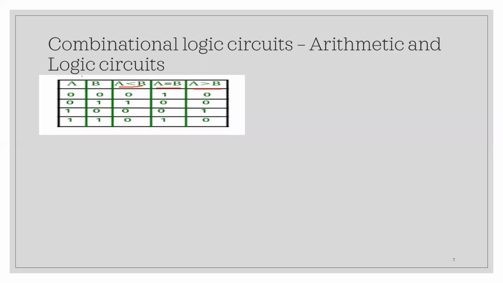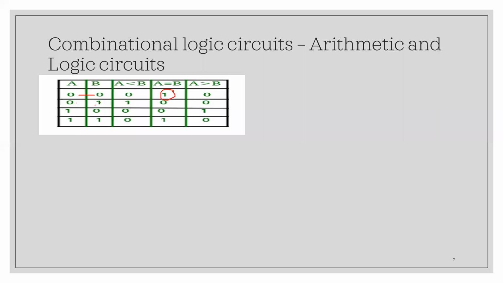If you want to build a 1-bit comparator, you take 2 inputs and you build the truth table. In the first case, 0 and 0, both the inputs are equal. Therefore, this is logic 1. Then 0 and 1.